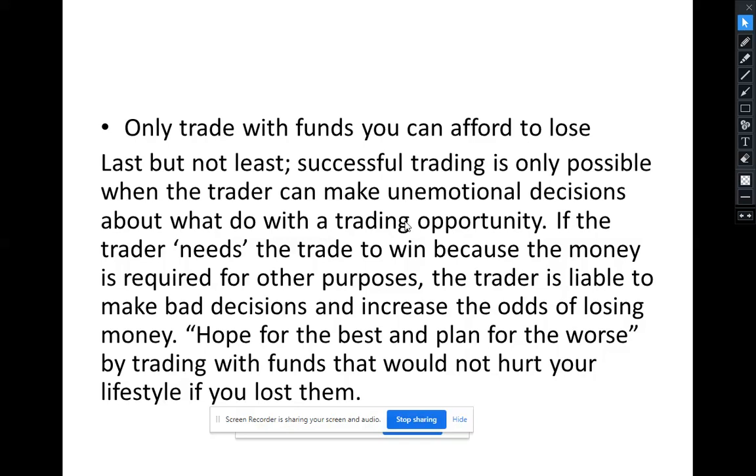That is what is killing most people today, and that is why emotion is controlling many traders today. You deposit $50, and this $50 you can't afford to lose. By the time you make profit out of it, even with emotion, you can end up losing the money, or because of fear of losing the money, you can at the end of the day lose the money. So it is better for you to trade with the money you can afford to lose. Okay,